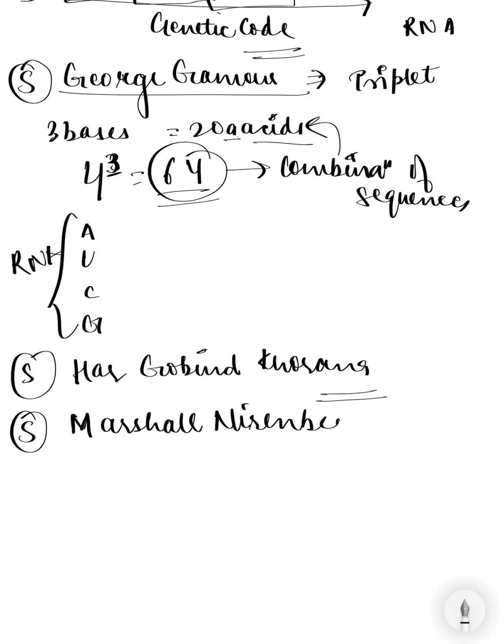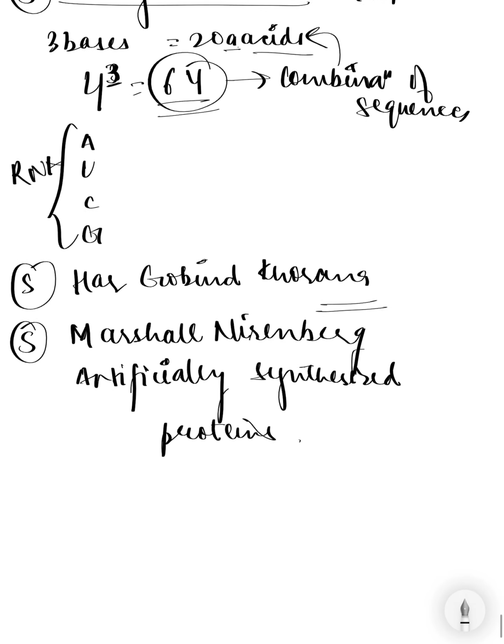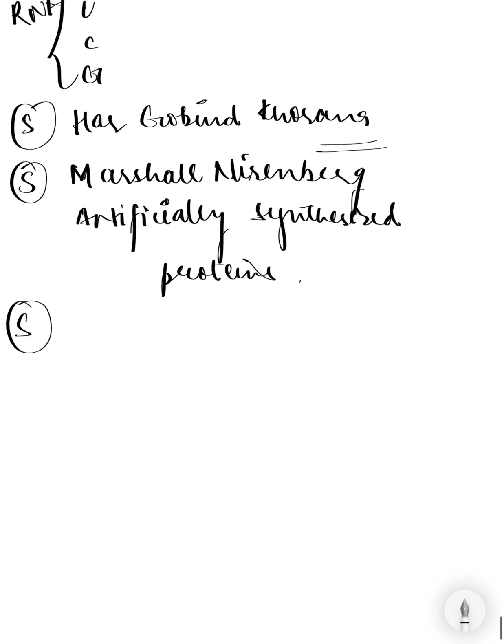So he artificially synthesized the proteins to study the genetic code. Now there was the last scientist whose name was Severo Ochoa. This scientist, he